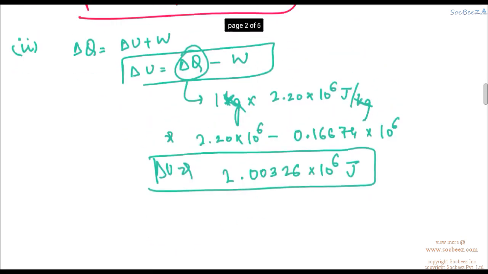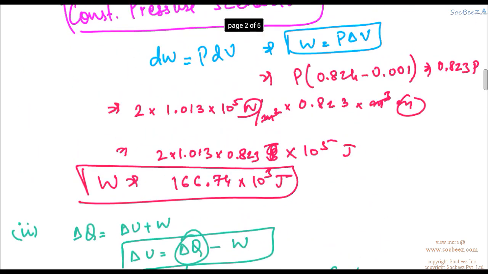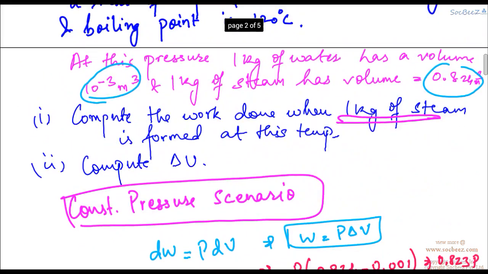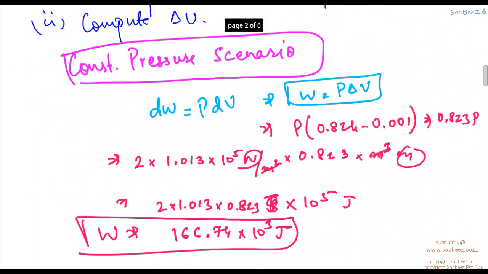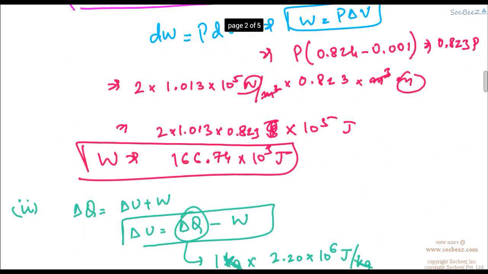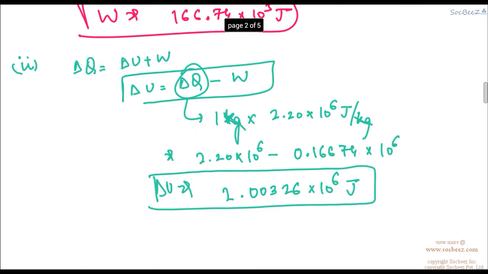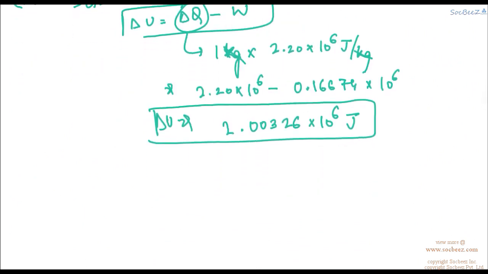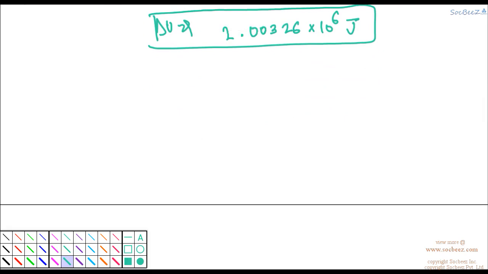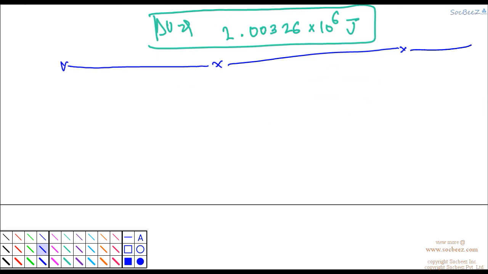So this was a very easy question, but the language might have made you think that it is a complex question. The easy concepts applied here were that work is equal to P into delta V in the case of constant pressure, and the change in internal energy can be found from the total heat supplied from outside minus the work done. These last two questions were completely on different concepts. The next question as well. So let's try and do the next question,